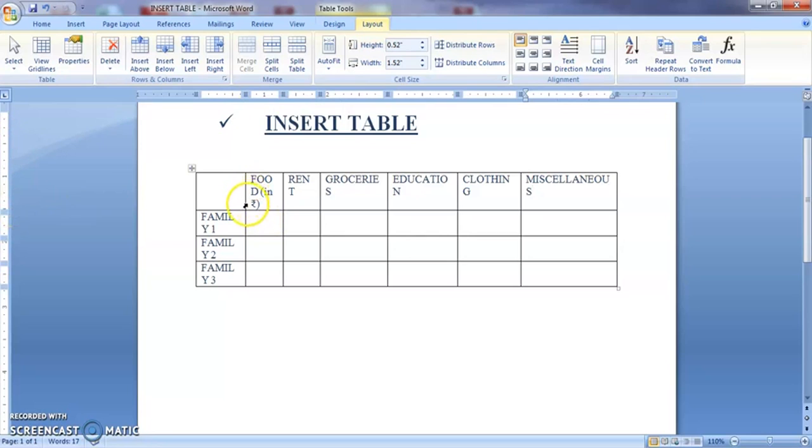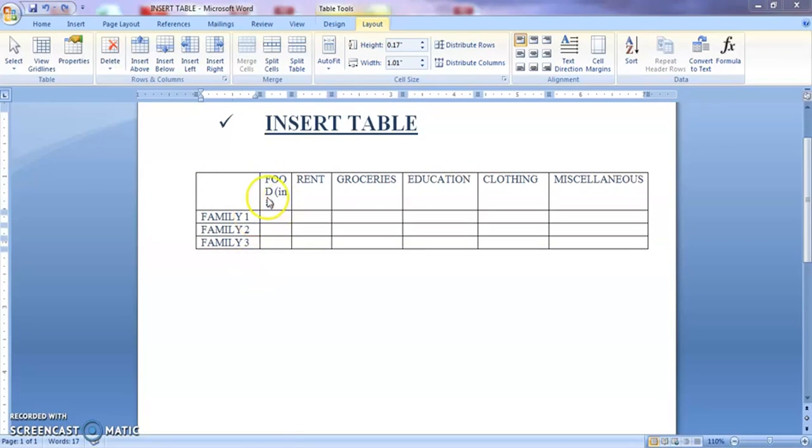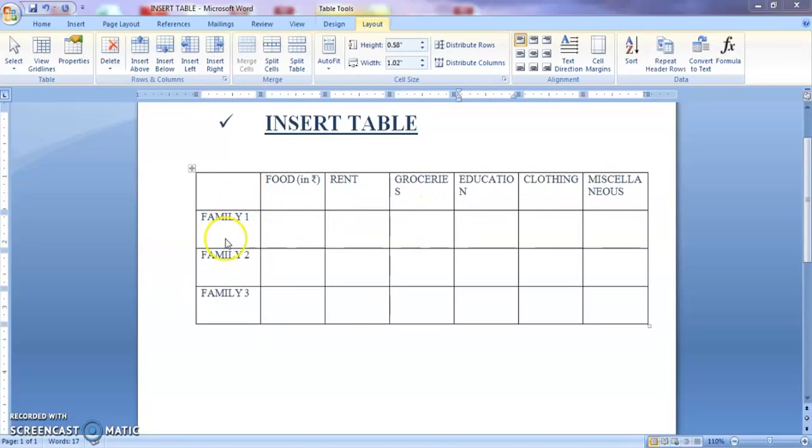Okay. So when you keep your cursor near to this, you will see this elongated double arrowhead mark. Just hold it. See here. And then drag. You can find here I have done with all the columns. Similarly, you can do for the rows also. Right. Now, this is how you can do manual setup. Also, you can adjust the height and width of